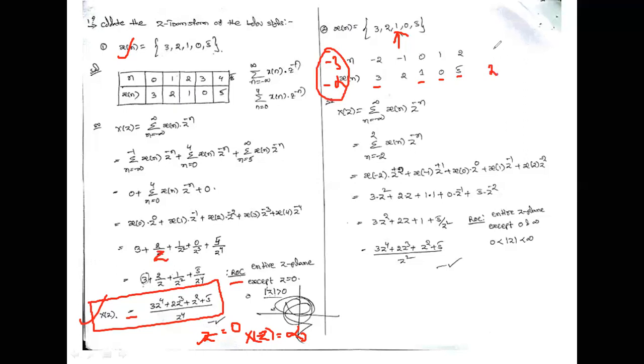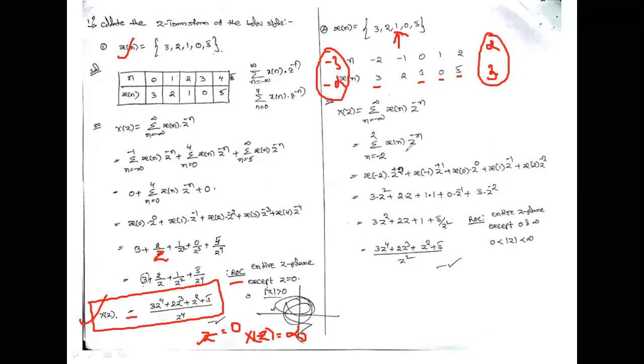And from 3 to infinity, in that range the value is 0. Only we have the values from minus 2 to 2. So n is from minus 2 to 2, x of n z power minus n. Expand the values: x of minus 2 z power minus of minus 2,